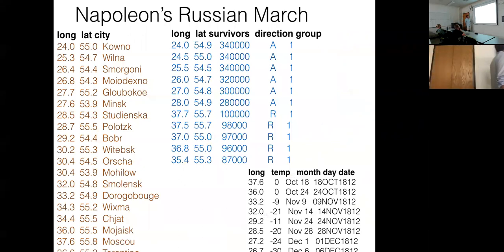But these are the tables. This is Napoleon's Russian march. So you actually have the location and the city of where they were, and this is where they were as they moved. Connected up here, we actually have the dates where they were, and then we have the number of people in the army that remained. So what do you do with this plot?